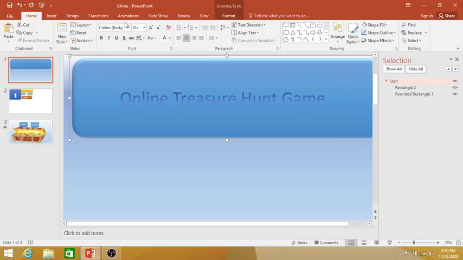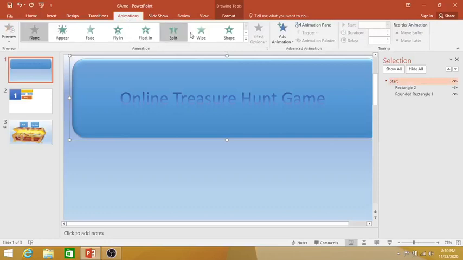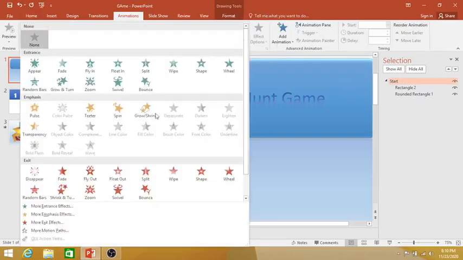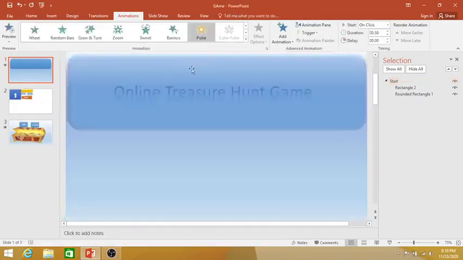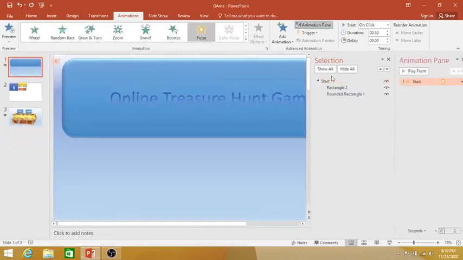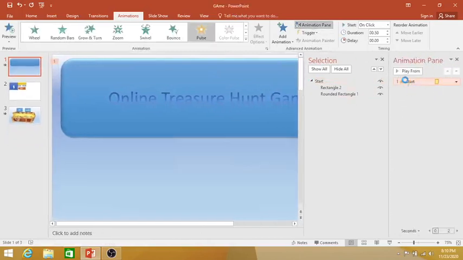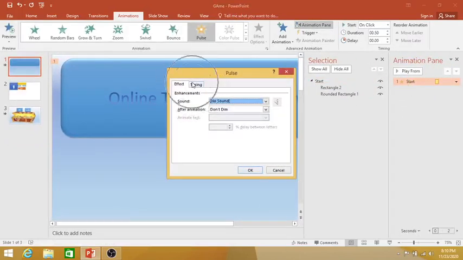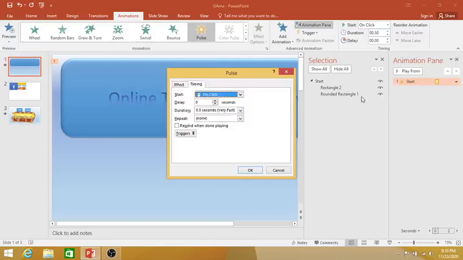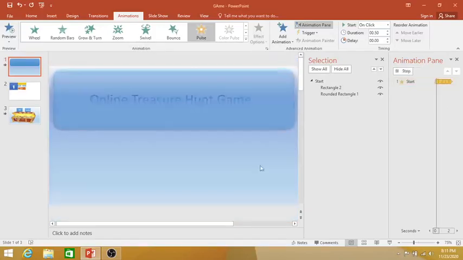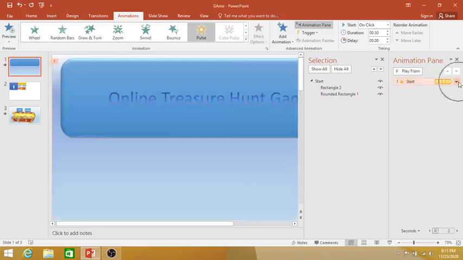And then now what we have to do is go to animations, then select on pulse, and then go to animation pane, and then go to timing, actually double click on that, and then select until end of slide and click OK, and then start with previous.